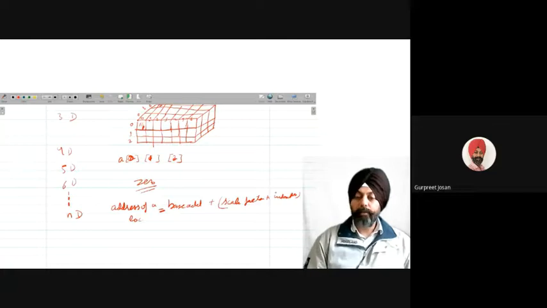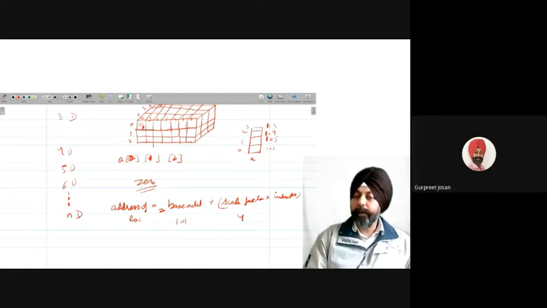Suppose base address is 101 and scale factor is 4. Our locations are 0, 1, 2, 3, and the addresses are 101, 105, 109 and 113. Now to calculate the address of any location, we need this formula.